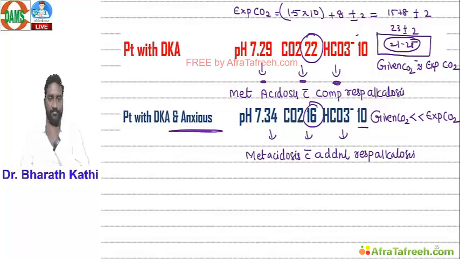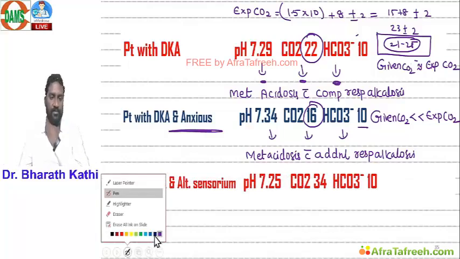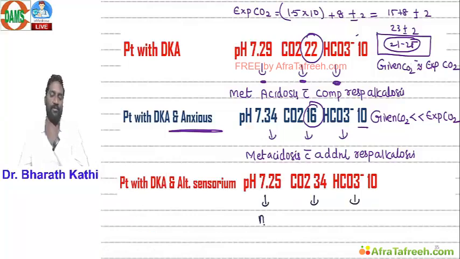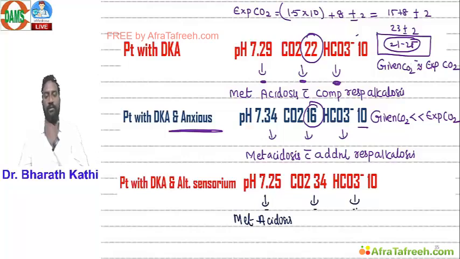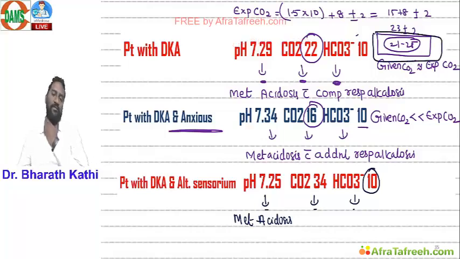Next we have a patient with DKA and altered sensorium. Decrease, decrease, decrease. Anywhere decrease in pH is acidosis. It is metabolic because everything is in the same direction. In a primary metabolic disorder, when bicarbonate decreases to 10, CO2 should come down to 21 to 25, but it